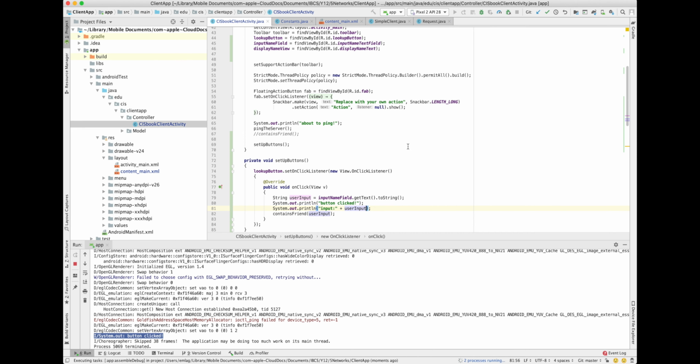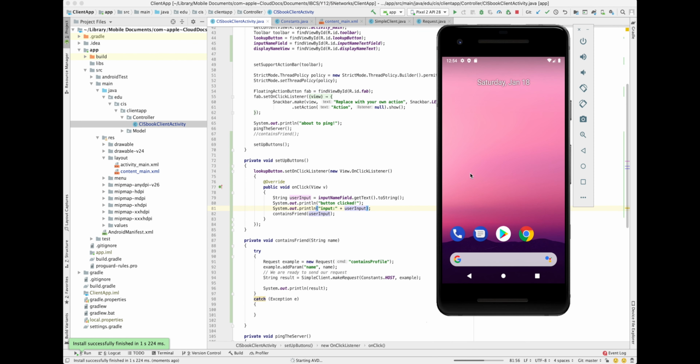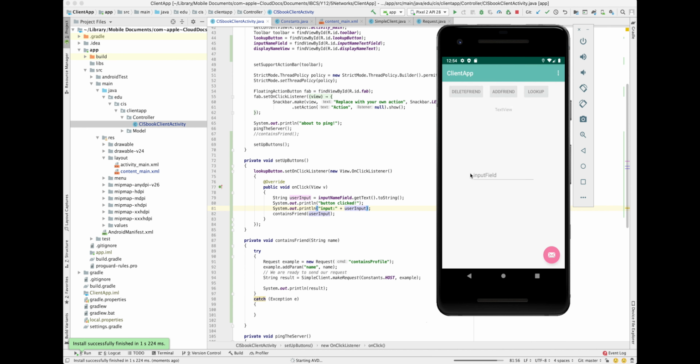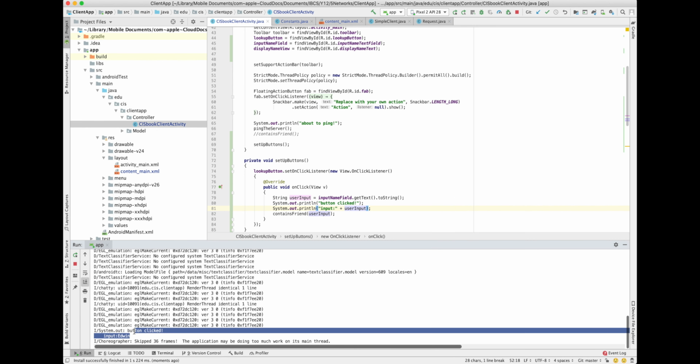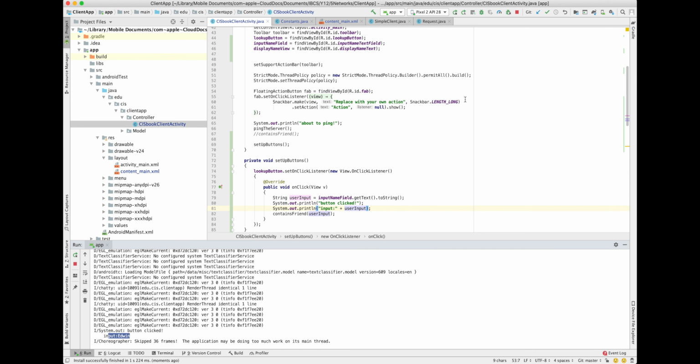I will run the app one more time, get my emulator. This is the hint that we had. You can change that hint if you want. I will click on my name, and I will look it up. And it's going to say input Edwin, so I was able to get the correct input, and I